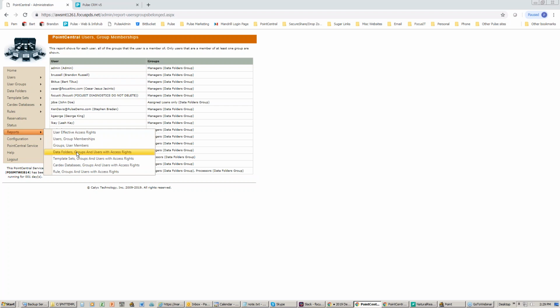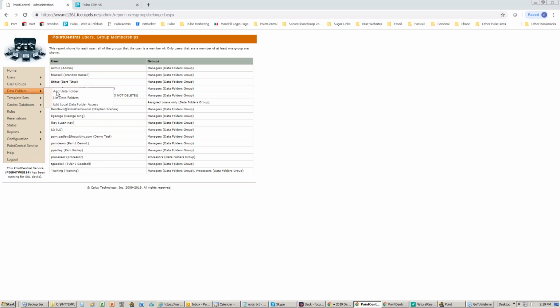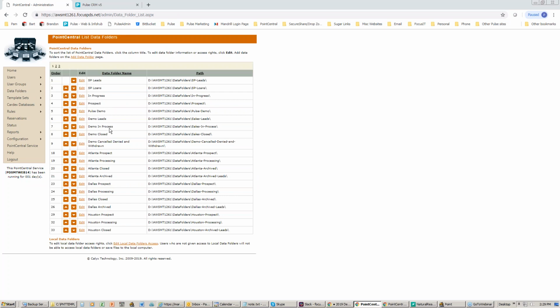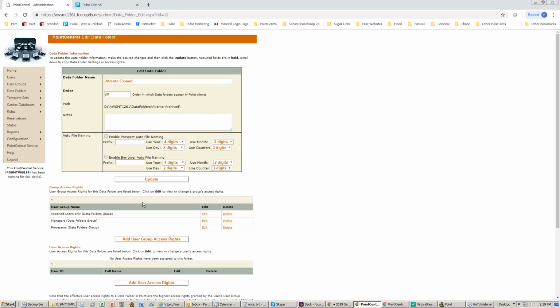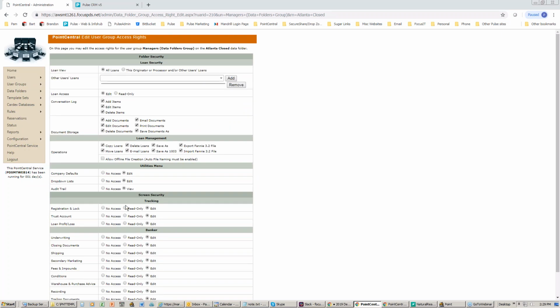Okay, now let me explain why. If I need to make a change to a data folder, I have to come up to data folders, go to list data folders. I have to find the data folder I want to do something with. I have to edit it. And then I have to come down here and I have to edit the group. And then I have to go in and make my changes. Those are a few mouse clicks, okay? And then I have to go do that for each one,